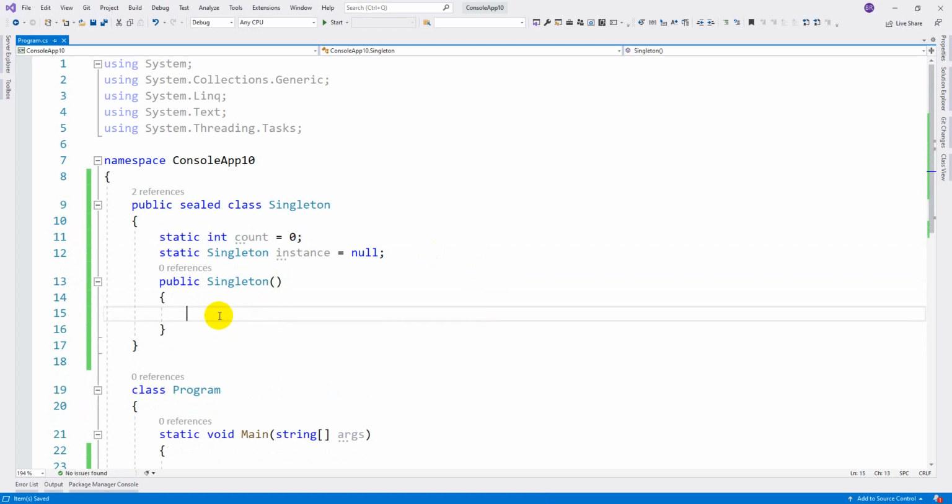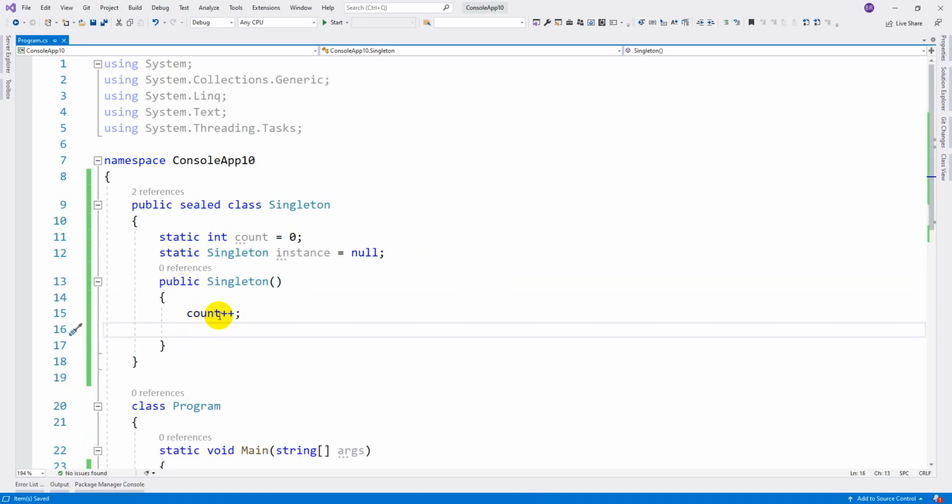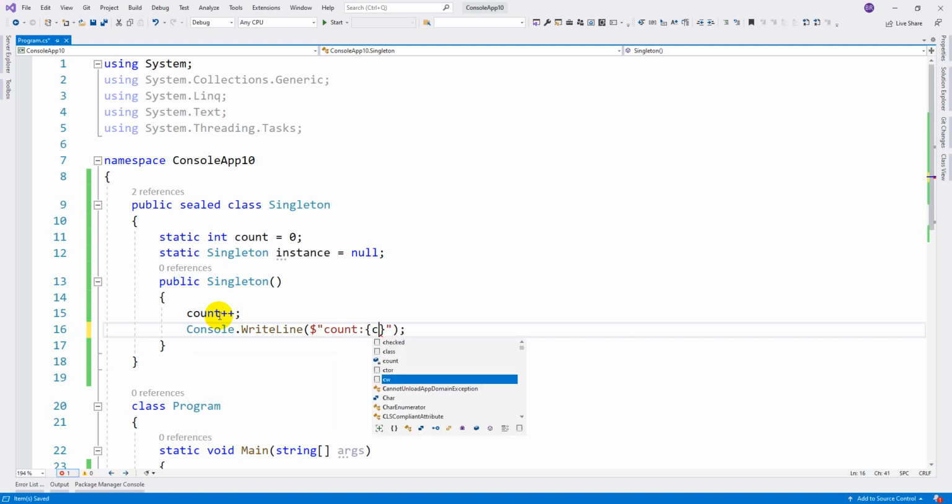Here let me write count plus plus. Initially it is 0, and the first time it is going to print that the counter is 1. So let me print the count variable here.